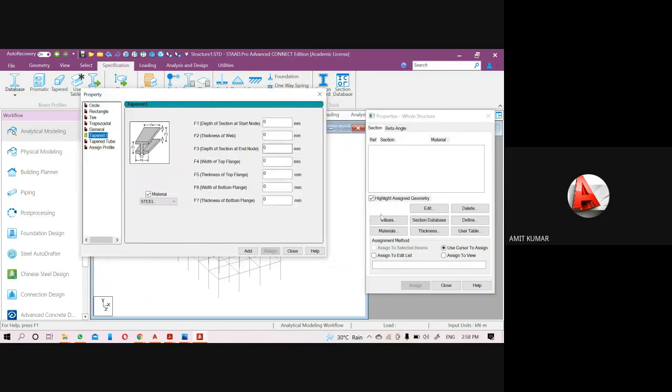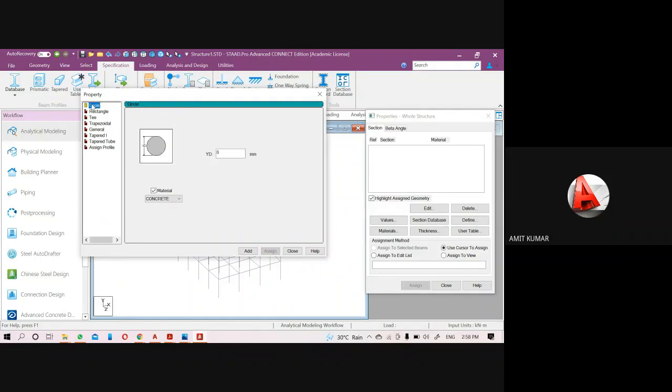Okay, so we can't say that for steel structure we only use the section database. We can define the steel shape through the define also. But most of the time, for RC concrete we have to use the define menu. We can't provide a concrete structure through the section database. From the section database, we only define the steel shape, but for the concrete design, we have to use the define only. But for the steel, we can use the define and section database both.